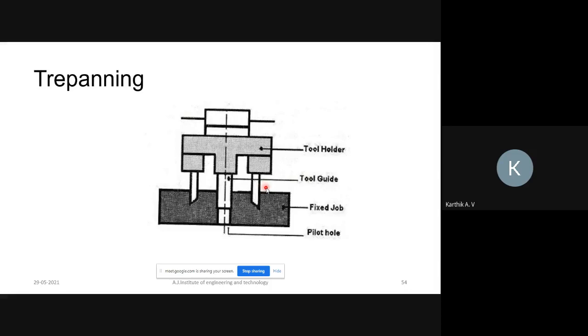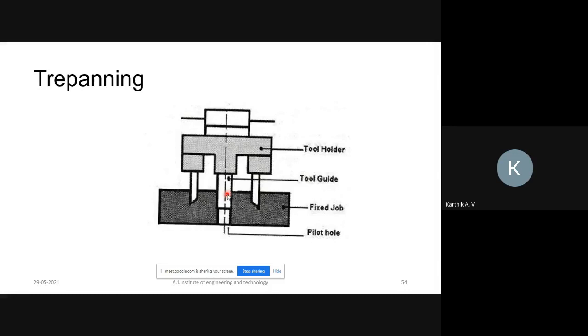This tool head is continuously rotated with the help of a motor and creates a circular shape in the workpiece throughout this drilled hole. That operation is called trepanning. It is mainly used to create a circular shape throughout the drilled hole.